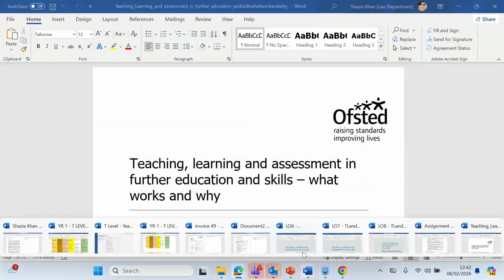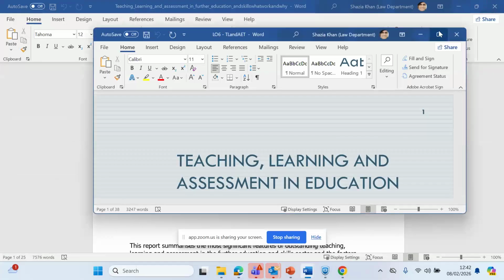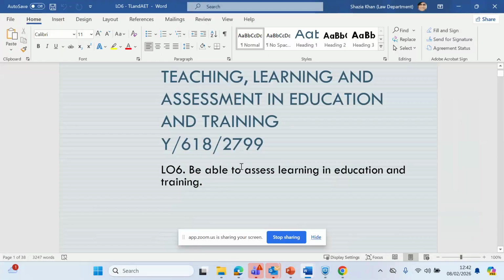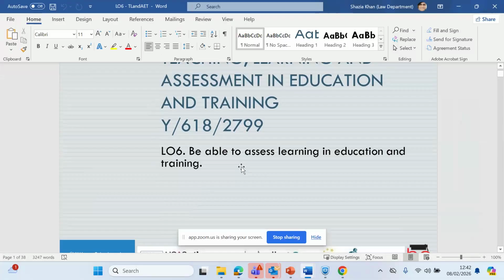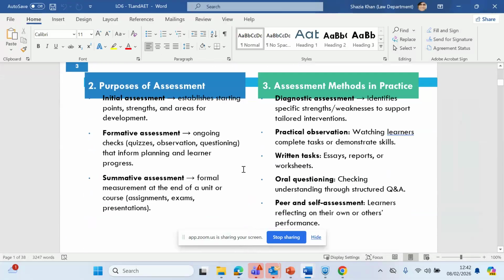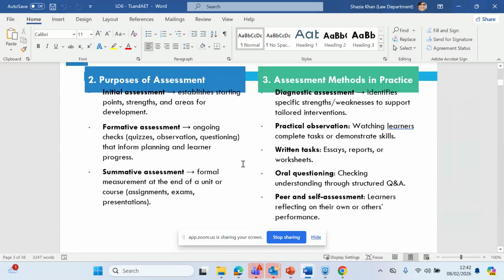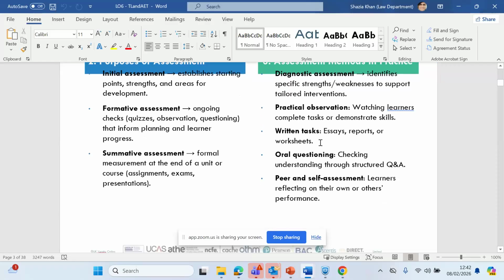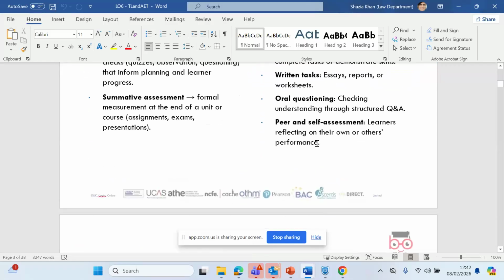Next one is learning outcome 6, and this is looking at being able to assess learning in education and training. Purpose of assessment: initial assessment is really important because it identifies strengths and weaknesses. And then formal assessments, quizzes, observations, summative assessment, a formal measurement, assessment methods, diagnostic assessment, practical observations, written tasks, oral